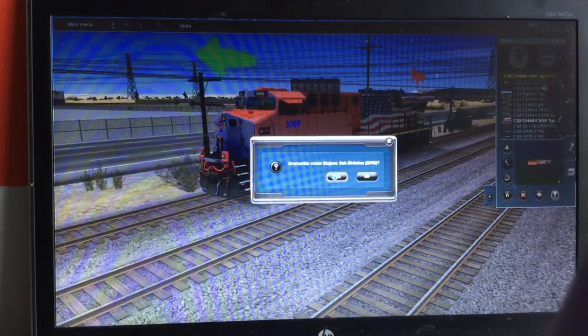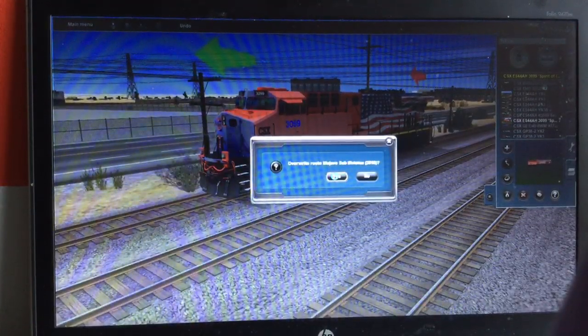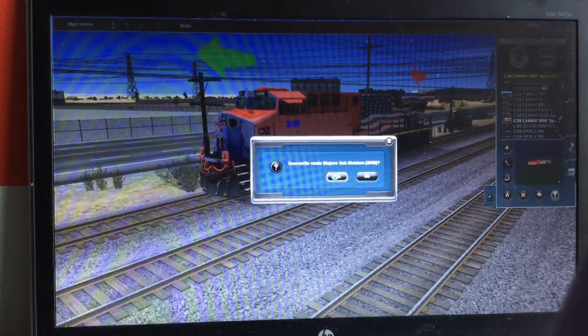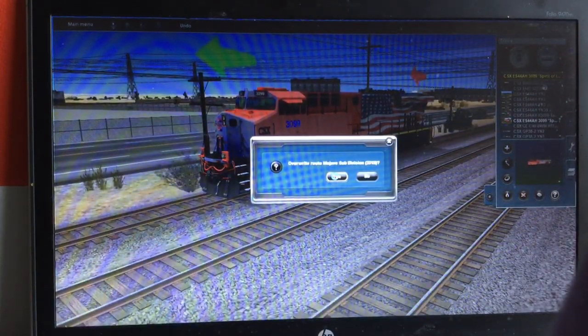If someone would just make an SD70ACU model and release it, that would be so good. Because if they don't, I'm gonna have to take an SD90MAC model and